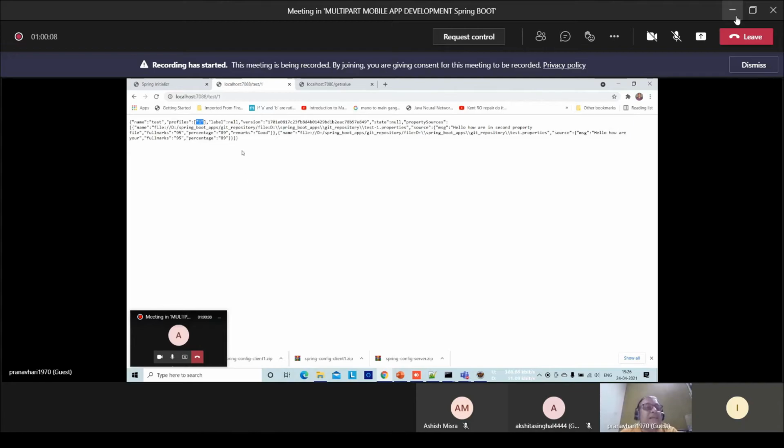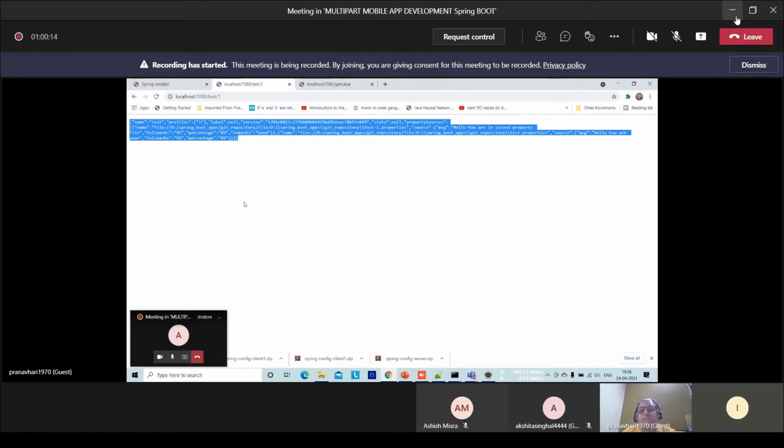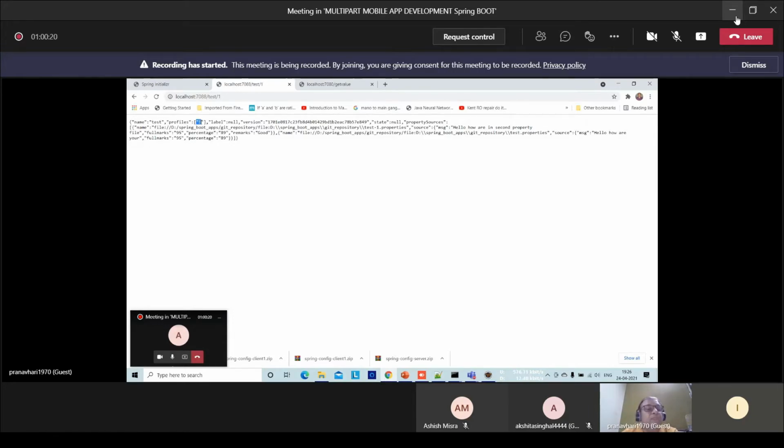Now here you can see from where the server is fetching all the data from the repository. One from the file whose profile is 1, that means the file name is test-1. And let's go and see which all files. Test1.properties, the sources we have, then full marks, percentage this, and name, file, test.properties also.